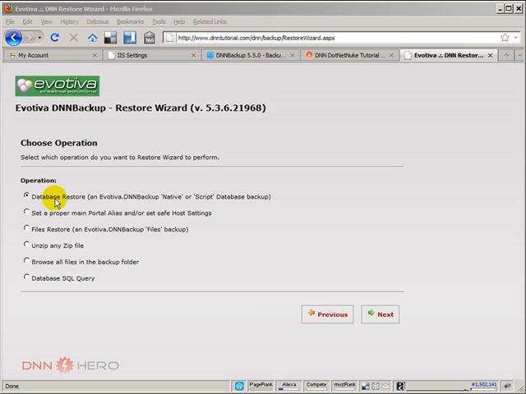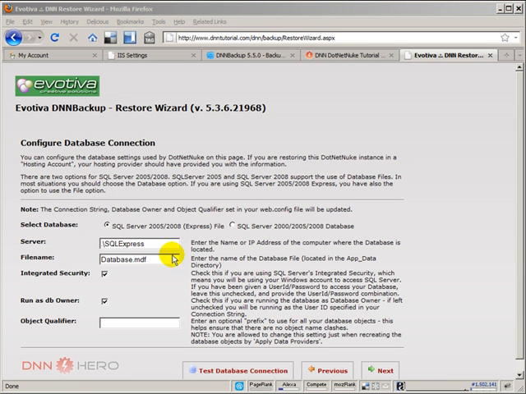So we're gonna just leave the first option selected. We're gonna hit next, and we're going to start the restore process by restoring the database data and structures. Now you're gonna have to refer back to the database information that you have captured before. We have to select SQL Server 2000, 2005 or 2008. The server name will be the one that we